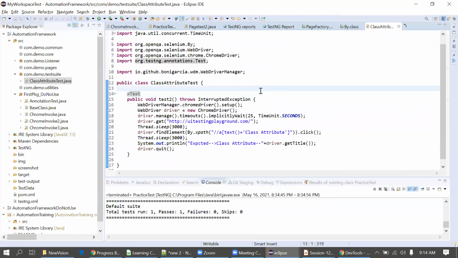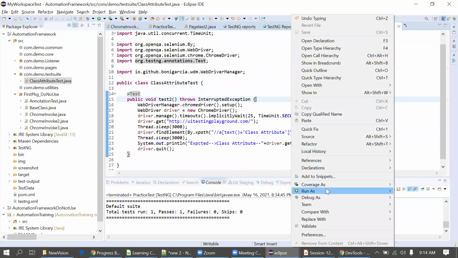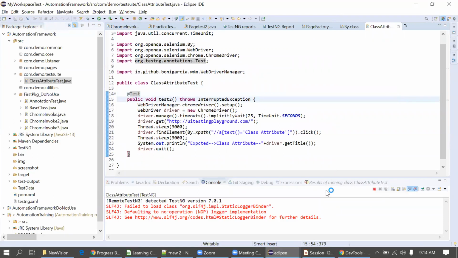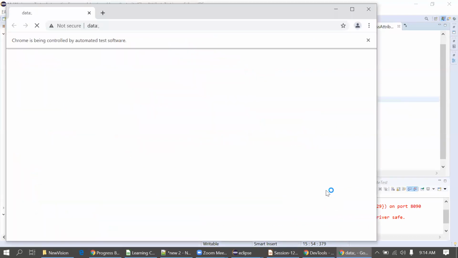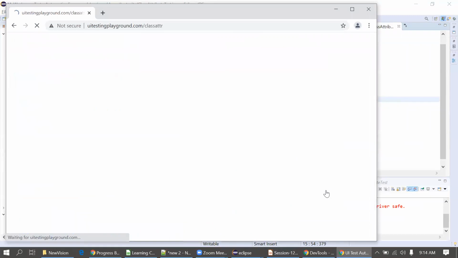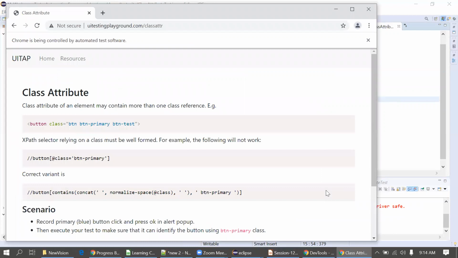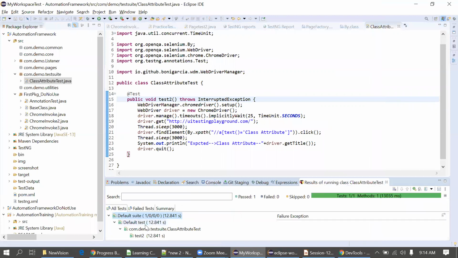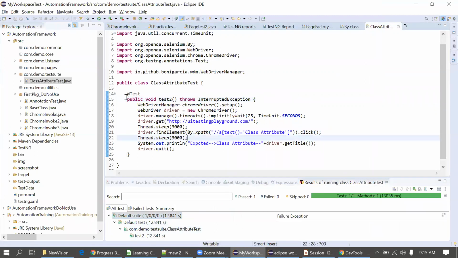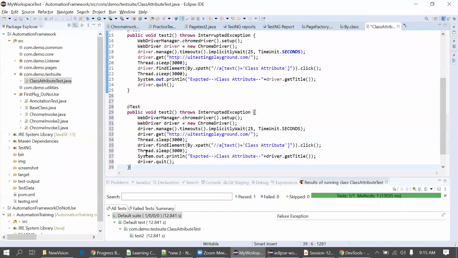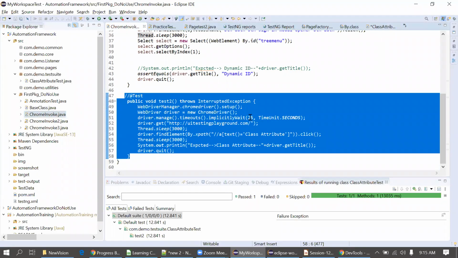Now I'll execute this once to ensure everything is working, and then I will break this test case into parts. It's working, yeah, fine. In TestNG, I'm getting the green. Okay, that's perfect. So now what will I do? Now I have written one more test case for this. Just copy the locator from here, the dynamic ID.